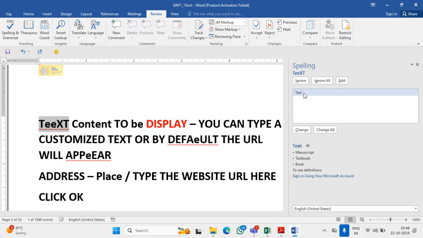Suppose I don't want to change it to TEXT, but I want to say that this is representing a special type of content, and so it should be